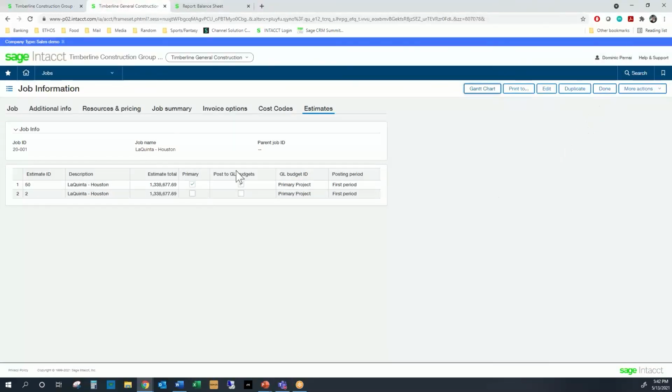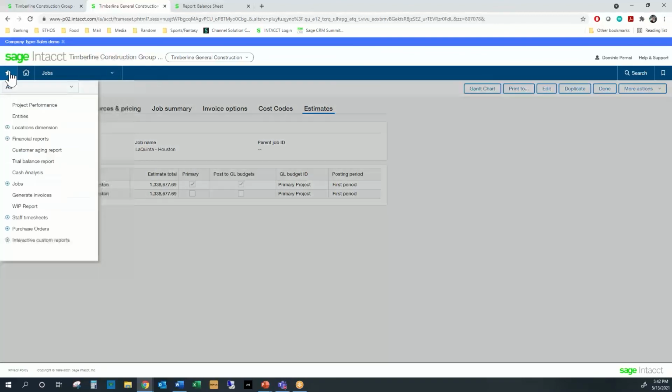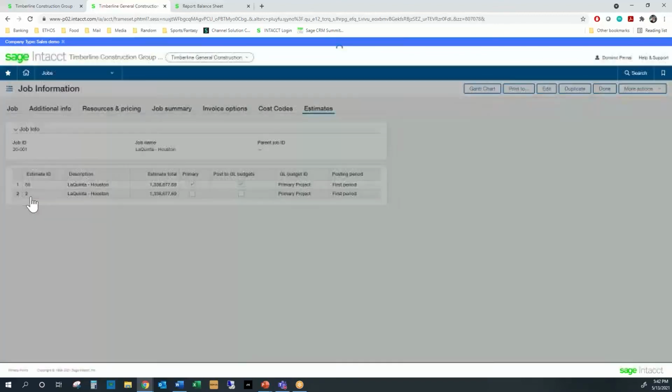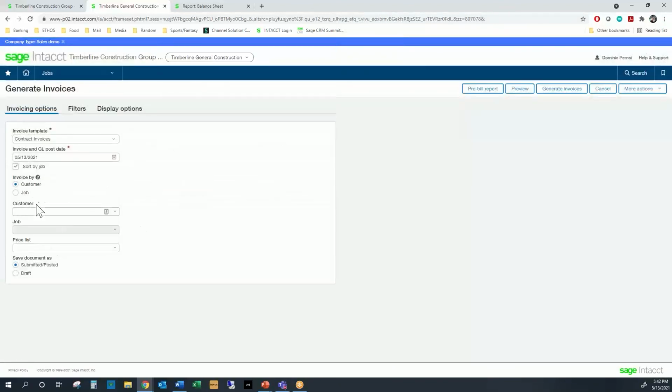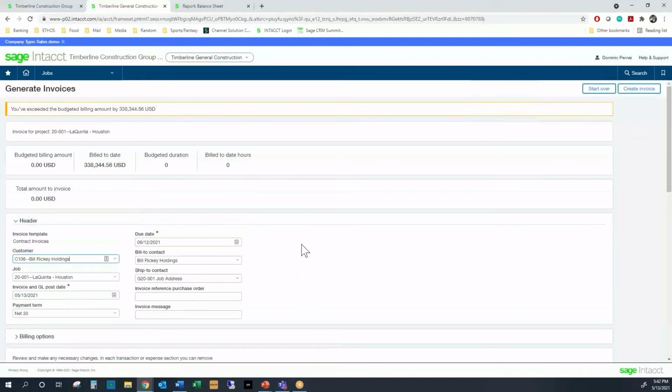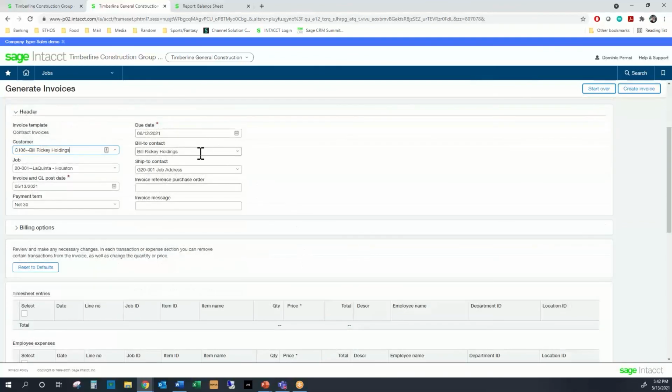And then we can also generate our invoices on these jobs very quickly. So I'm going to come through here. We're going to select La Quinta, Houston. I'm going to do a preview so I can walk you through what this is going to look like. We have our bill to date. We have our due date. We know that we're going to